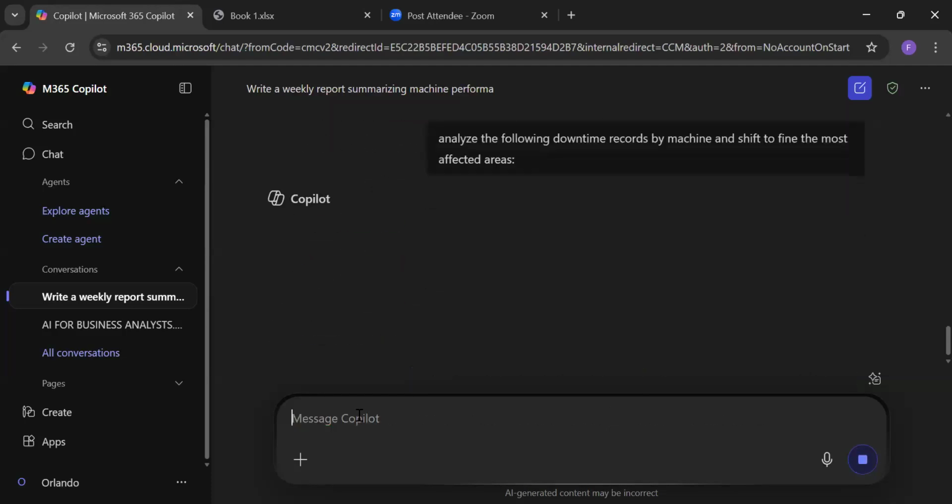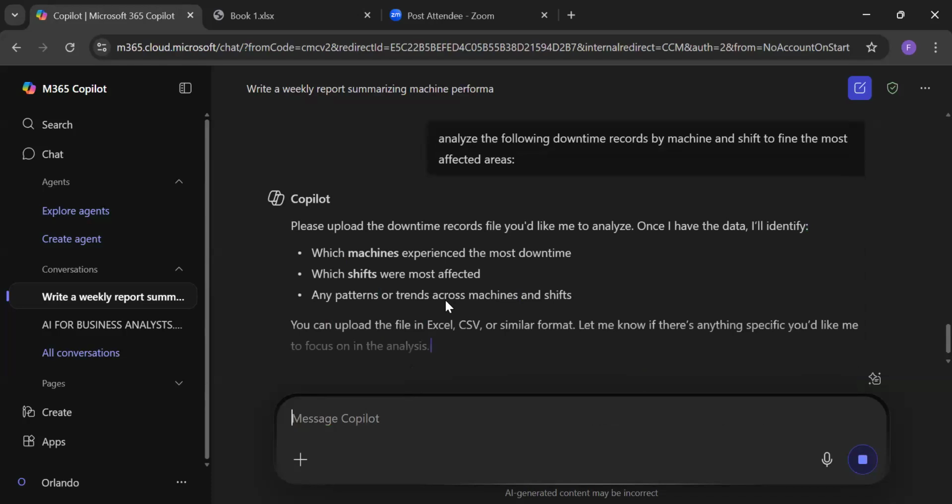So let's say, hold on. So let's say machine A. I'm using the same format we used for the Excel that I just did a couple of minutes ago. And let's see what it generates here in the chat box.